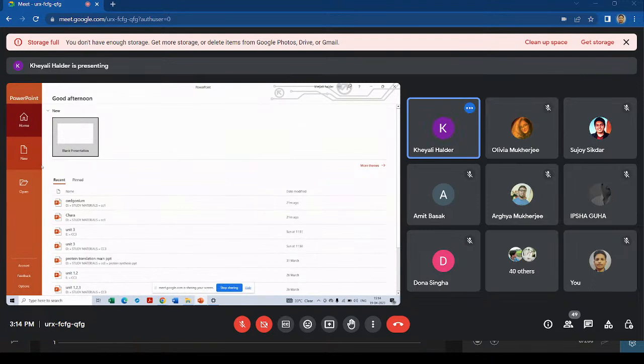This application. You can see this is the home button. This is for the new presentation or the slide, and this is for opening of the slide, if you have prepared a slide previously. এই বাটনটা ক্লিক করে তোমরা কোনো পুরনো ফাইলকে অ্যাক্সেস করতে পারো।